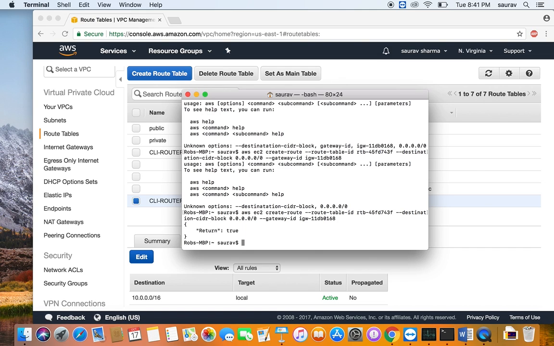Now what we need to do is to create a route from the private subnet to the internet also, but we will be using not the internet gateway but the NAT gateway we created earlier. So remember, this is just putting routes right now. We haven't said which subnets or anything, we're just saying in this route table this has a route to the internet. So we are going to